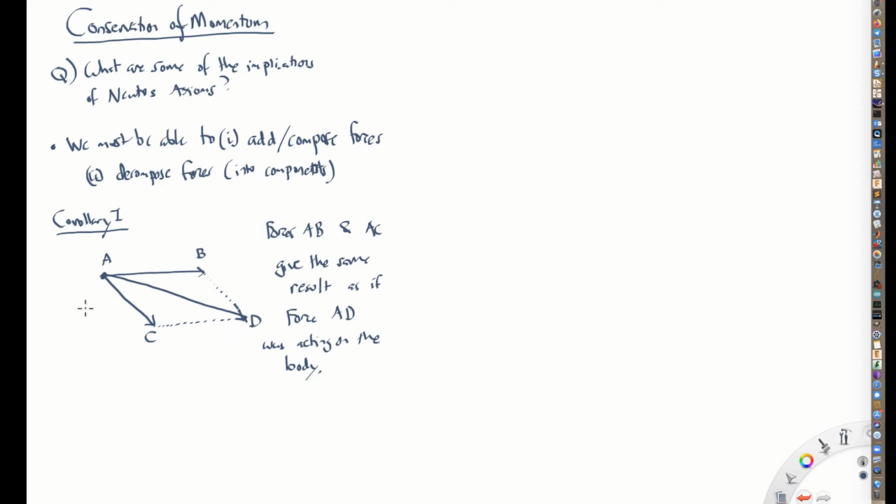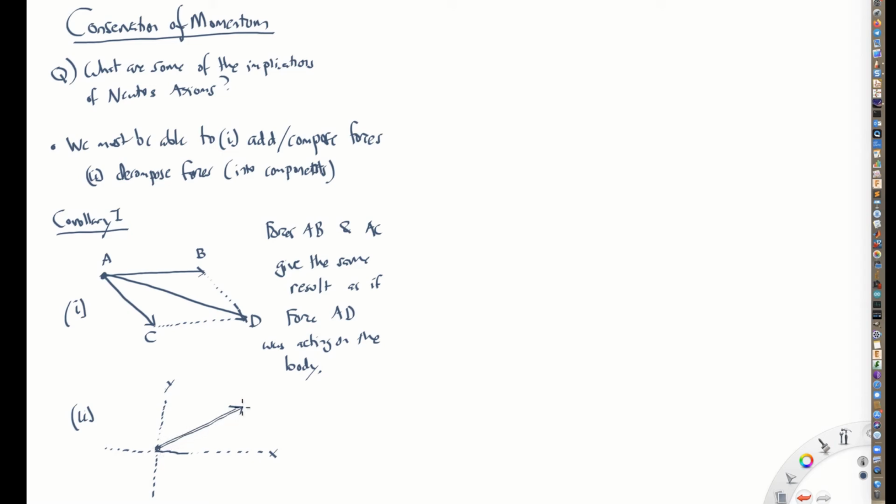So that's the first thing we want to talk about, how to add these forces. And then it's also going to be helpful to learn how to decompose a force. So for example, let's suppose we had a single force acting on an object, and we denote that force by this arrow like this. So the direction indicates the direction that the object would accelerate due to this force, and the length of that arrow represents the strength of that force. Well, it's oftentimes going to be useful to decompose that into a sum of two forces. So for example, if we set up a coordinate system like this, where this was the x-axis right here, and this was the y-axis right here,